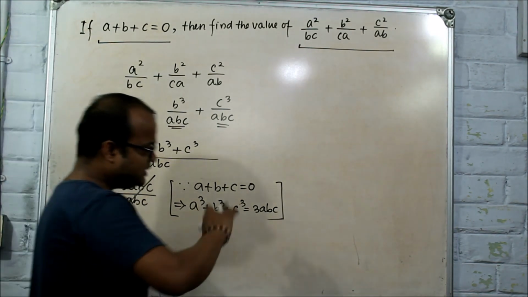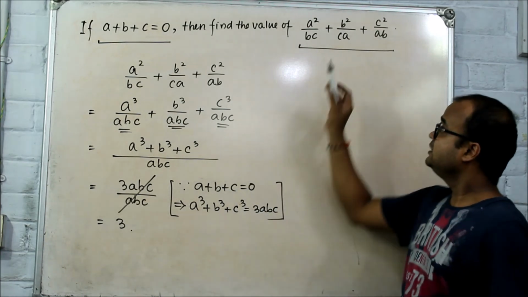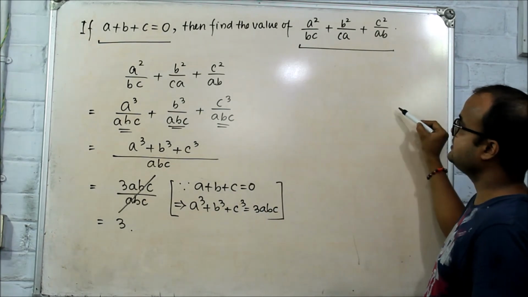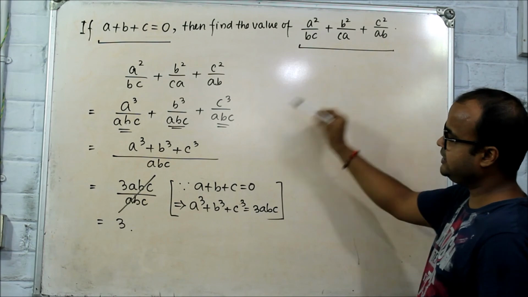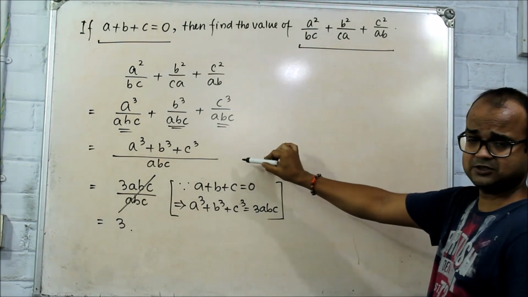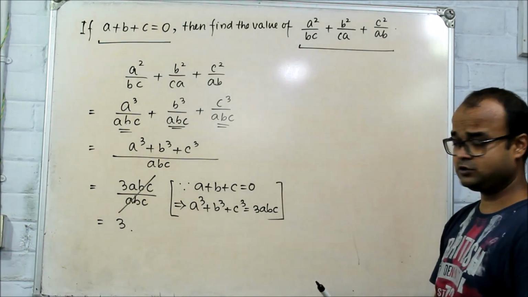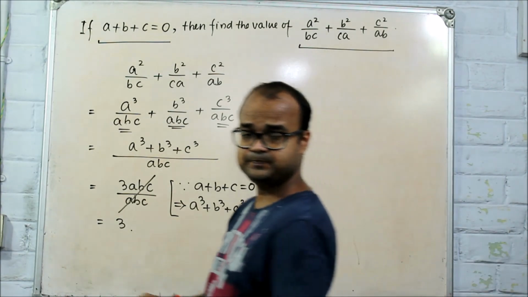Clear? Or there is another way you may try. Write the terms, take the LCM, the LCM will be abc, and if you simplify, you will get this term. Clear? That way you can try this. Now,